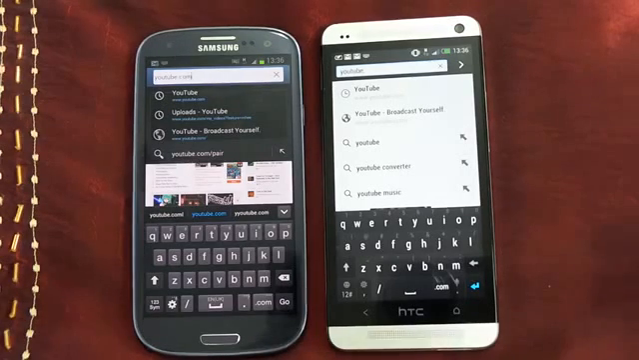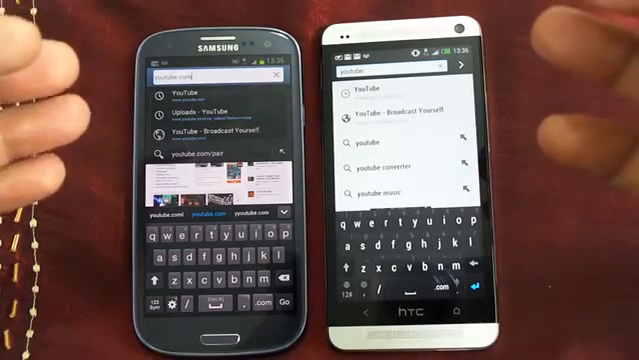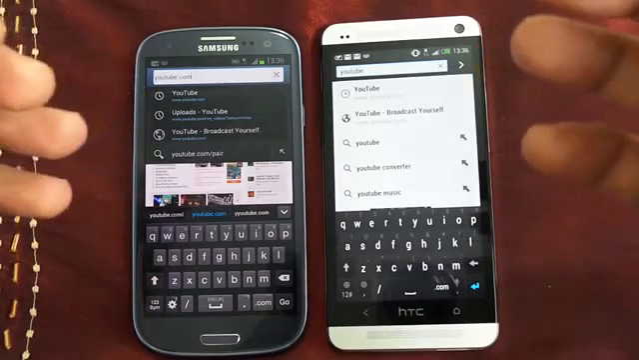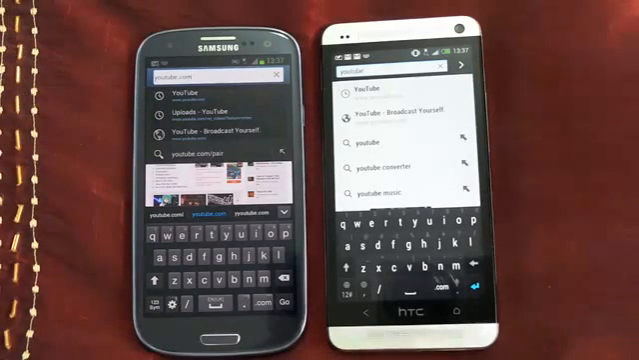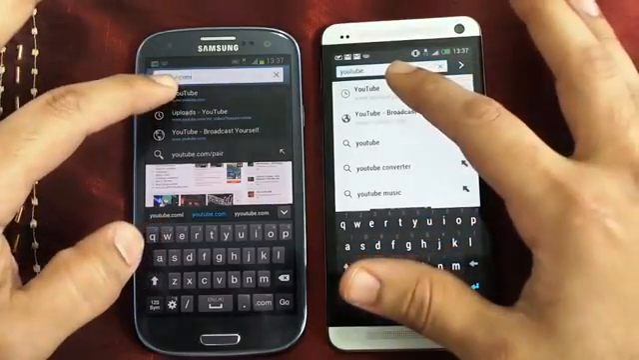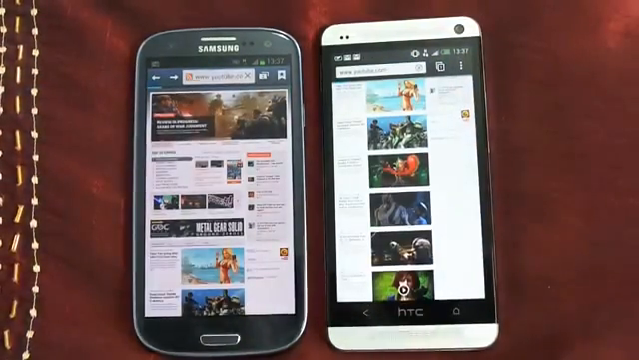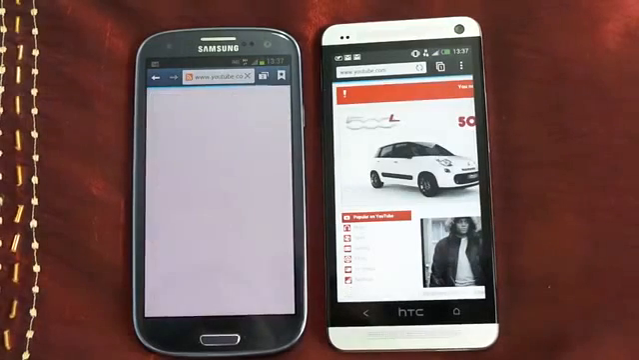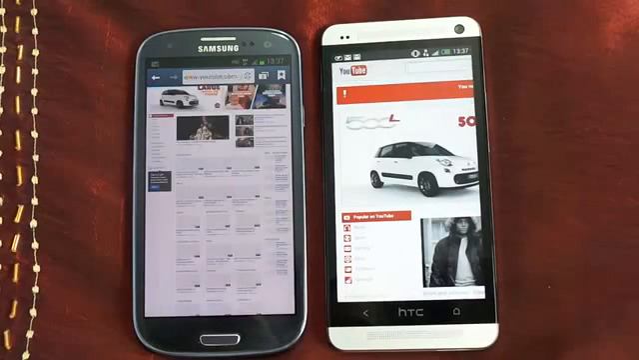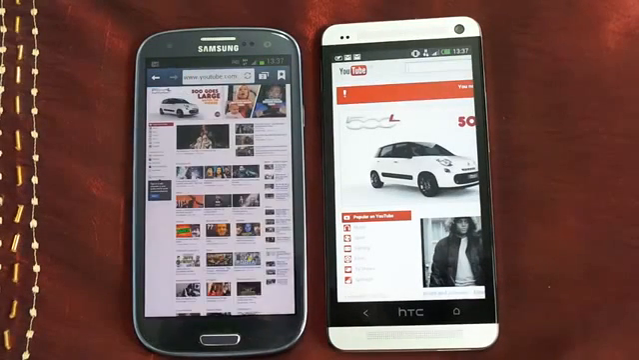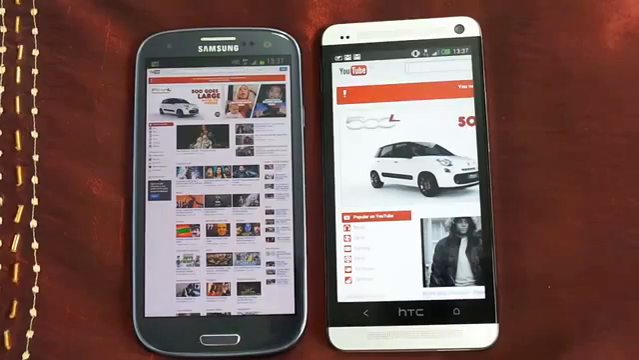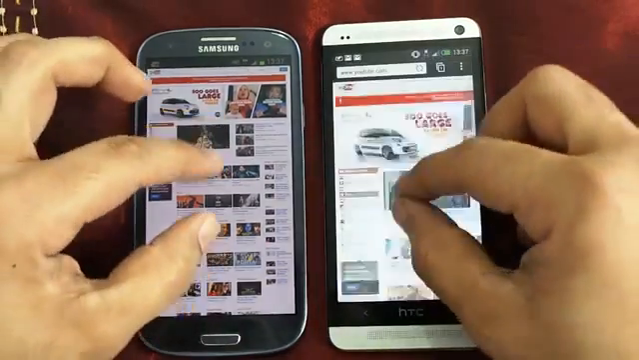So first of all, we will try to open this page by disabling a flash player on both of them, and then later on we are going to enable a flash player and try to open this page. So 1 2 3, and here we go. So if I'm not wrong, I think HTC One has opened this page faster for us,